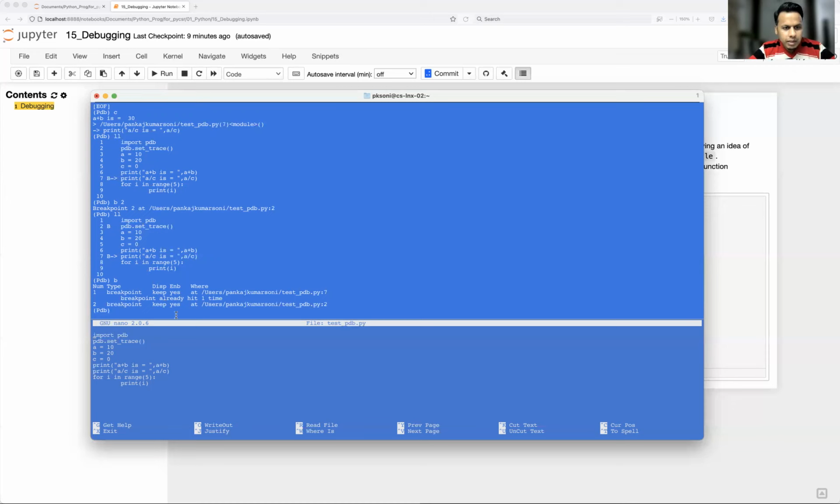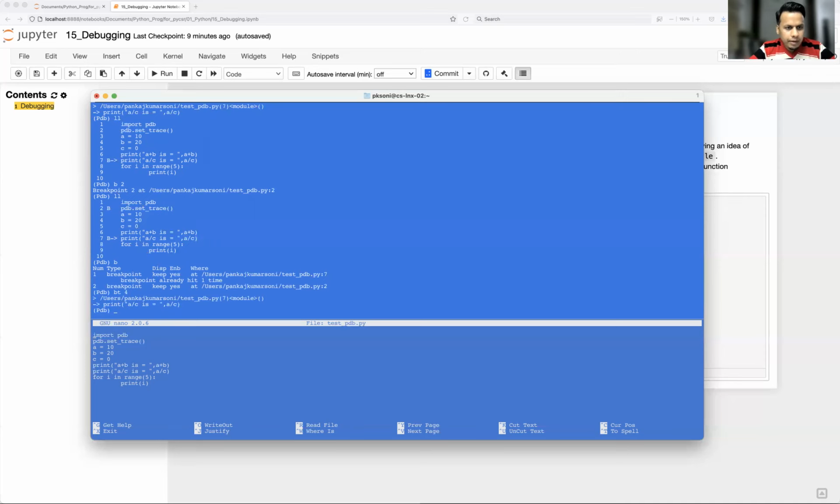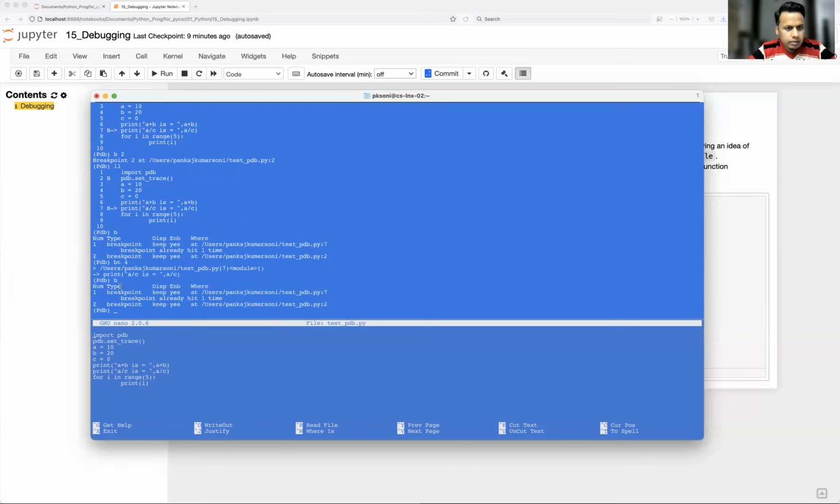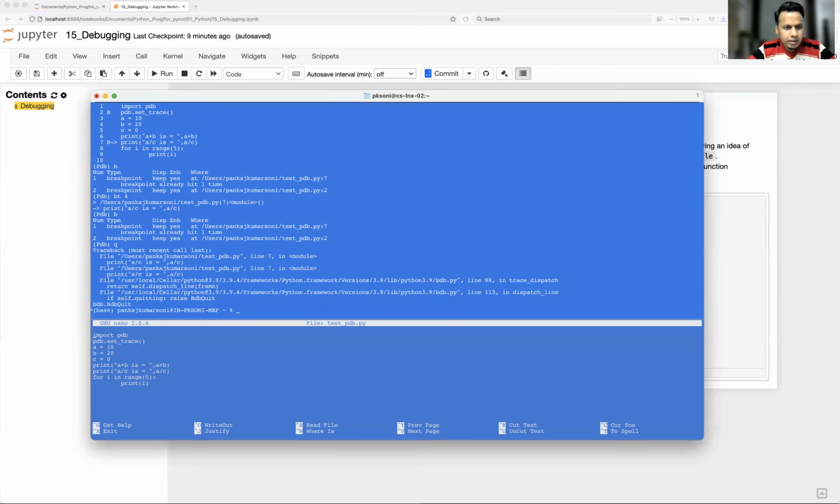Okay, there is something called temporary breakpoint, that is nothing but BT. Okay, so if you set BT at 4, means once it has hit, it will be removed from the memory. Okay, so let me set B at 5, or I'll quit and set again.